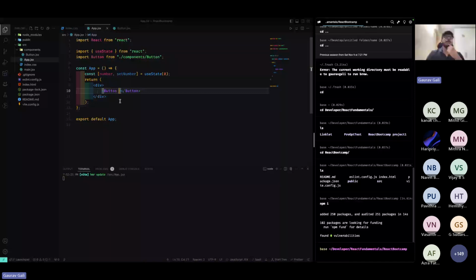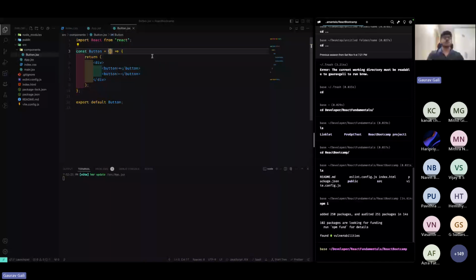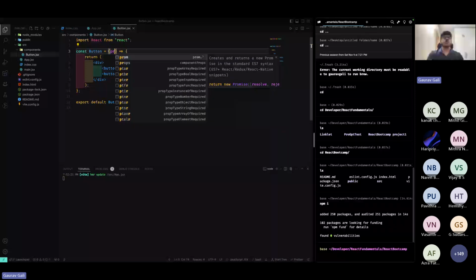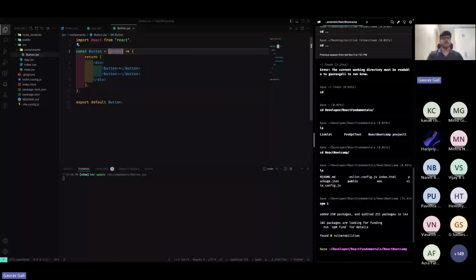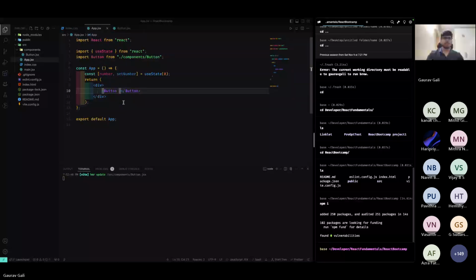is we can pass something called props. So just type props. You can name it anything actually, but props is just a naming convention. Props is also nothing but properties. So I'll tell you how this works. When you come here, you can give specific properties to this new button component. So you can say, let's say button text, and you can say